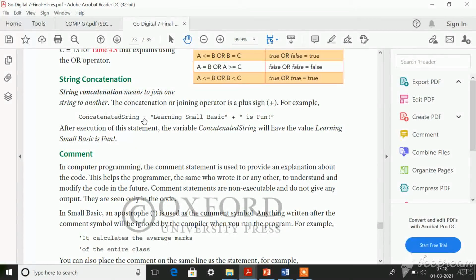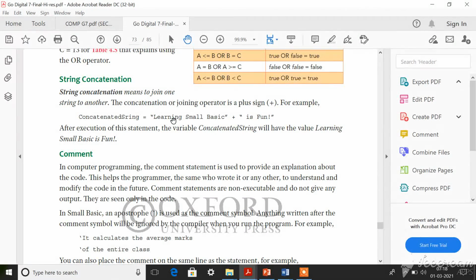Concatenated string equals, they have given one string. Whenever something is mentioned within double quotation, it is a string, isn't it? So this is one string and this is another string, and both are combined with the help of plus operator. Okay, now what you are going to do is you are going to join one string with another string, and this word concatenated string is the variable name.